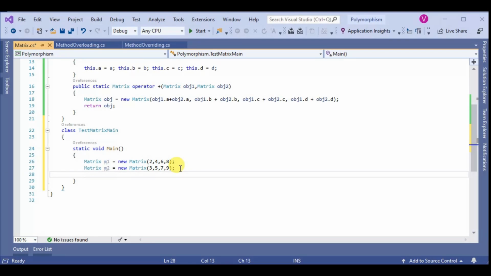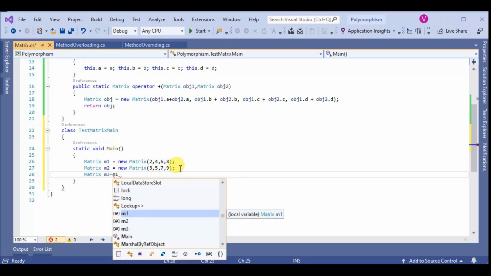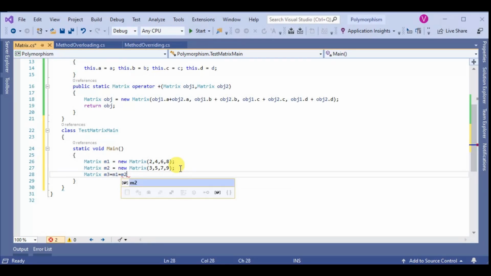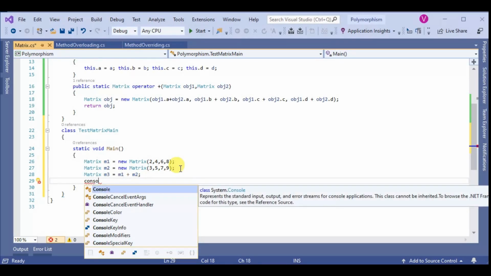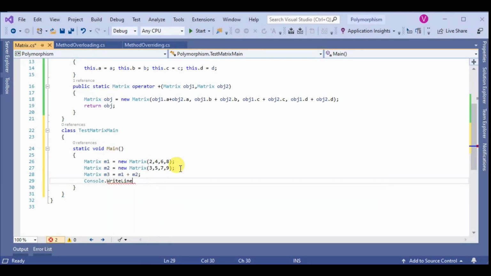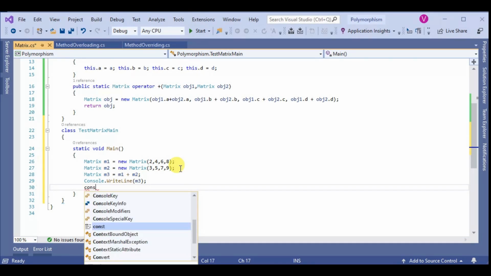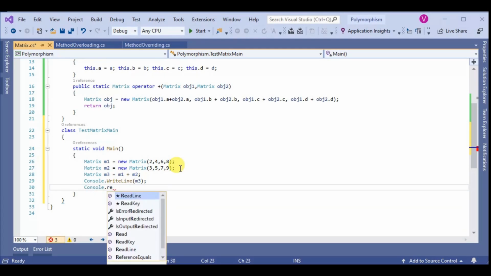Then Matrix m3 equals m1 plus m2. Then print the matrix: Console.WriteLine, print m3, Console.ReadLine.